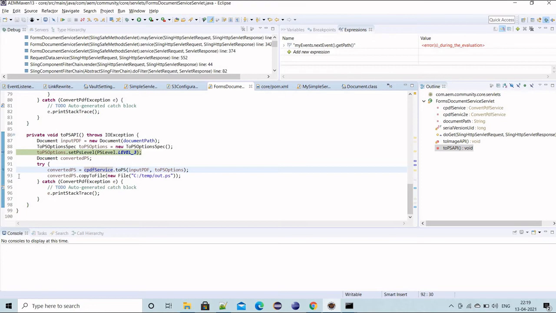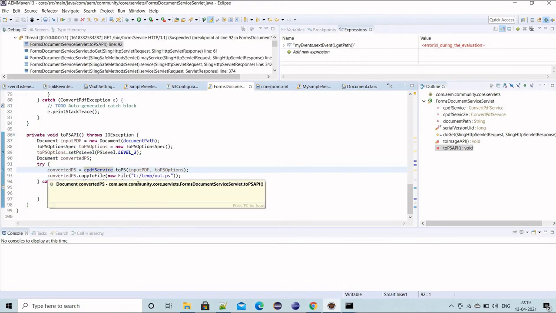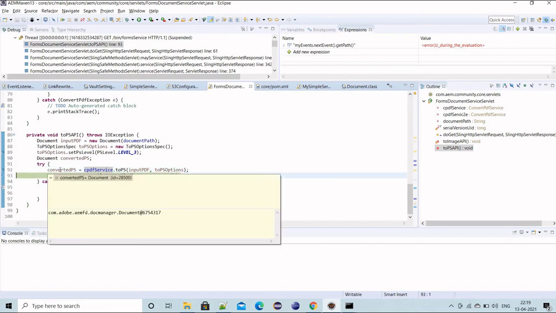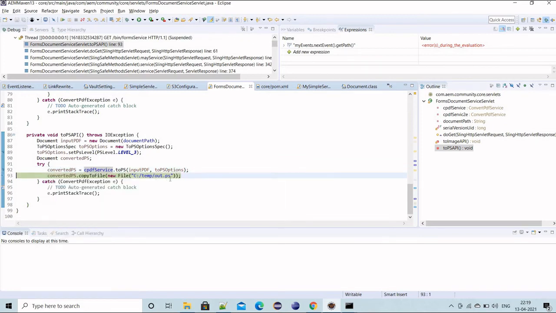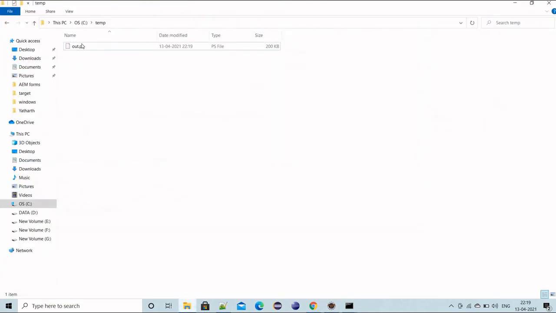let me put a breakpoint over here. So it's converted, and I'm just saving it with this name on the file system. Let's execute it, and if we come here, the file is generated now, and if we open it,